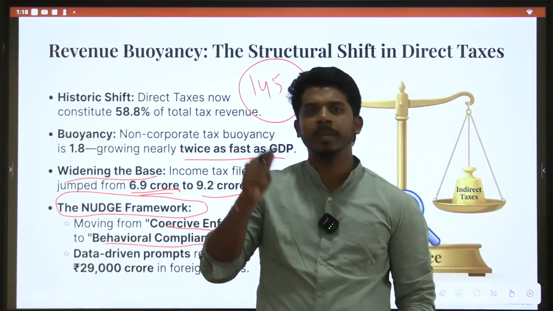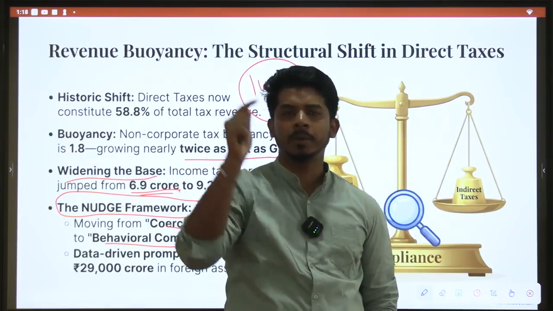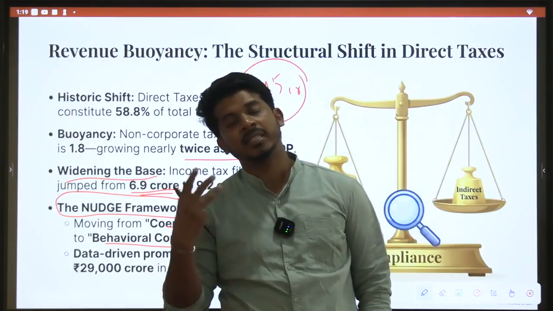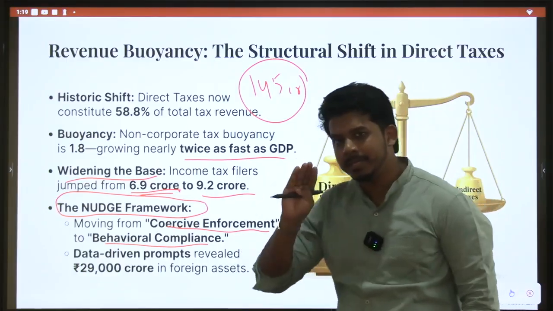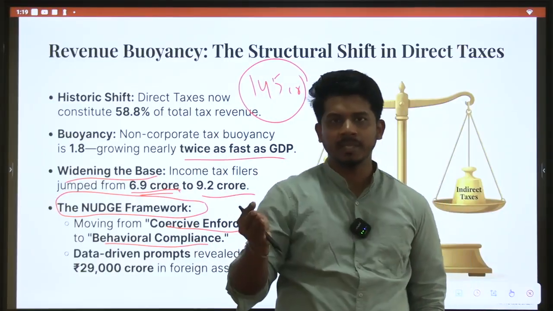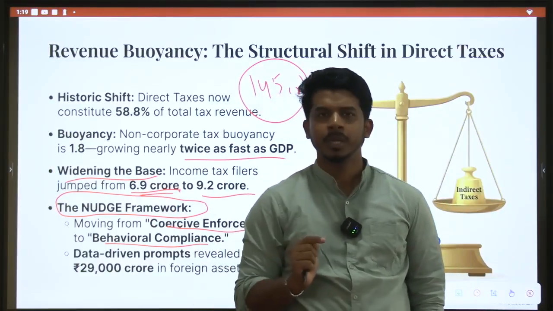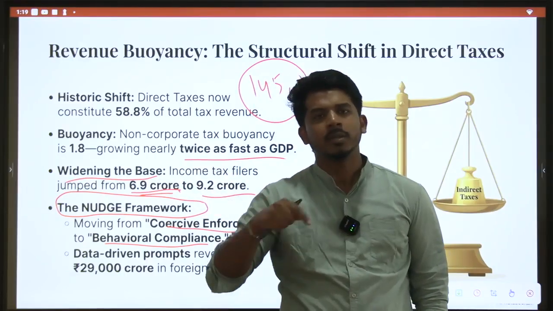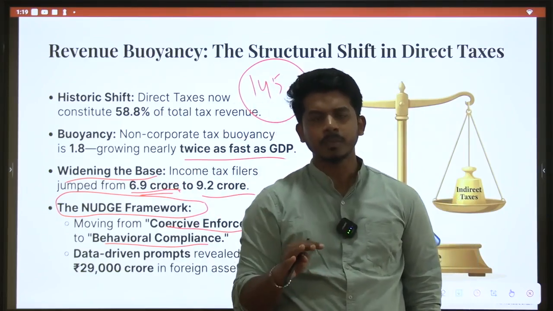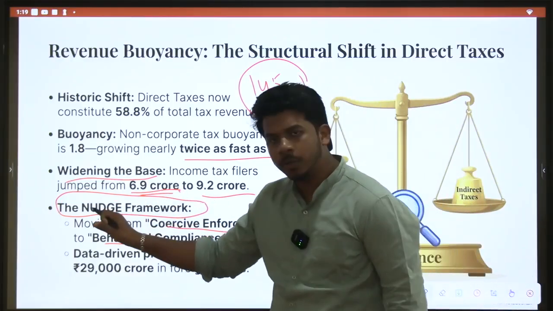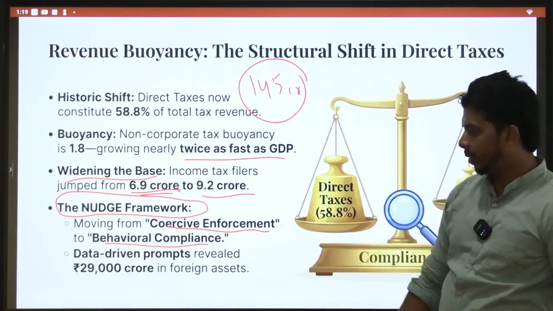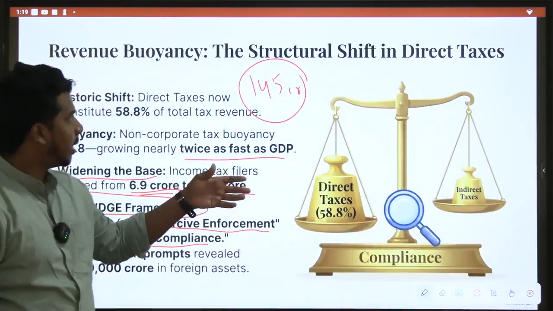Previously they used to send me a notice: appear before the income tax officer, you have reported wrongly, you have committed this fraud, so this action will be taken against you. The language and the action were very harsh. But now they are simply nudging people, giving them a decent chance. Nudging means that instead of taking severe action, they may just send an SMS: we have identified this small thing, just resolve this error. Or they may send a small, decent letter. Giving people a decent opportunity to rectify their mistakes is the nudging. This is how they are increasing the revenue.